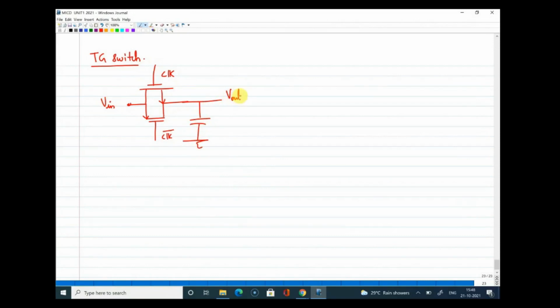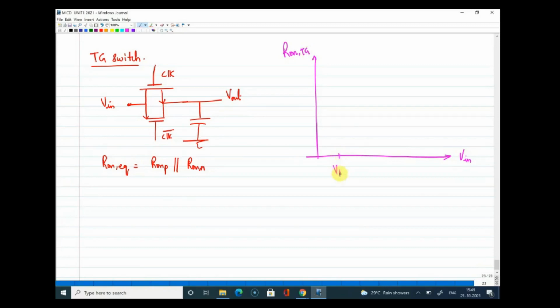Now it is very clear that when you have both NMOS and PMOS switch together, the on resistance will be the equivalent on resistance of both, which is R on of P parallel to R on of N, right? These two will be parallel. The same equation will hold good there, because we have written the on resistance of both NMOS and PMOS switch. And if you look at the graph, it will be something like this. This is input, this is the on resistance of the transmission gate. Now I'll mark one point here, which is mod VTP, another point here, which is VDD minus